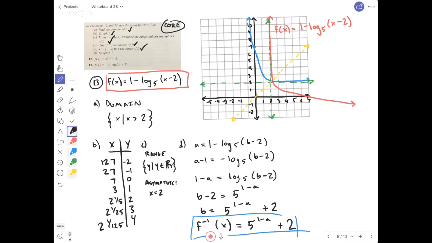Okay, check. Any questions on 12 or 13? Seeing none, I will move on